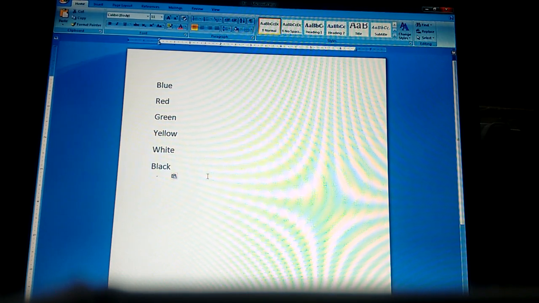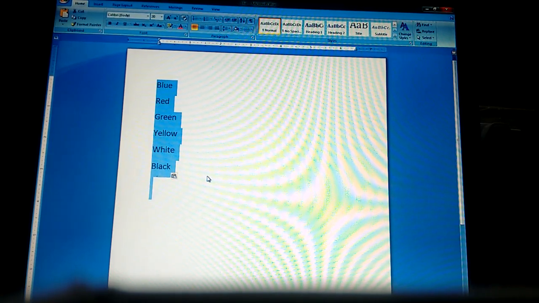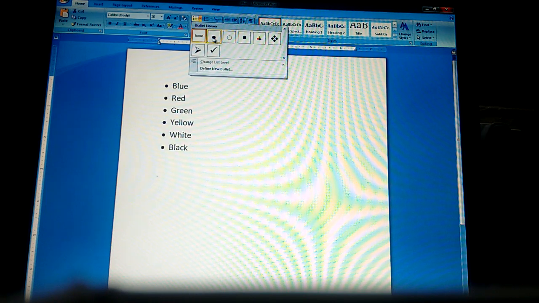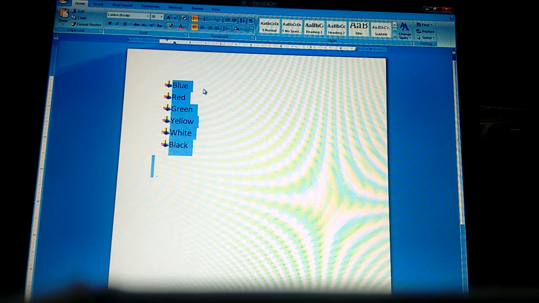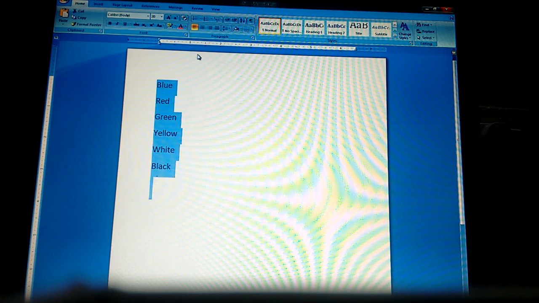First of all, before applying any formatting on the text, we have to select the text. Then we will click on bullets from here and choose which type of bullet shapes we need. We will select that one. You can see where my pointer is going, that type of bullets comes in front of the text. Suppose we want to apply this type of bullets, it will be applied on the text. If you want to remove it, we will go again to bullets and click on the none option. It will be removed from here.